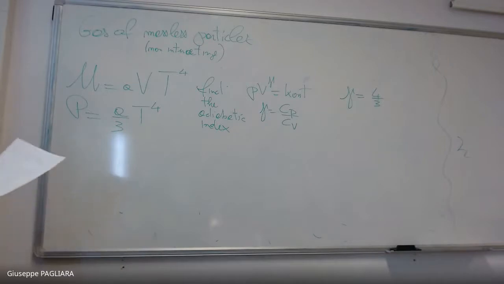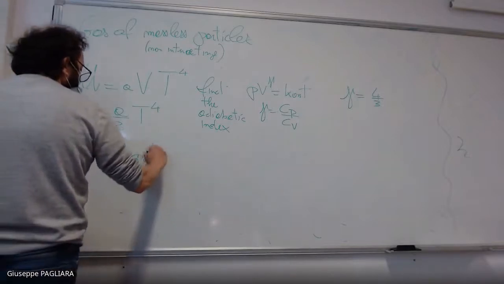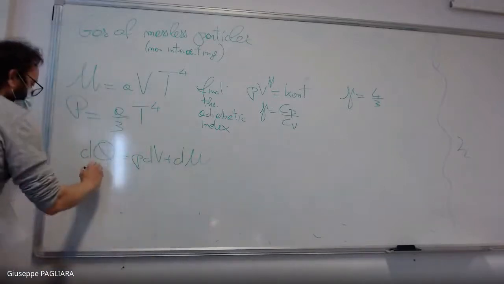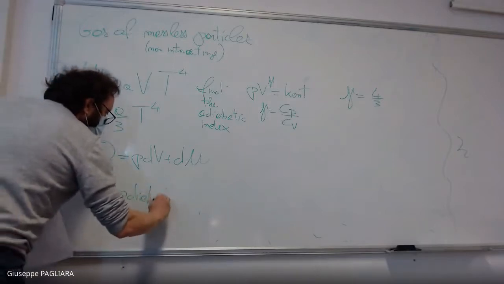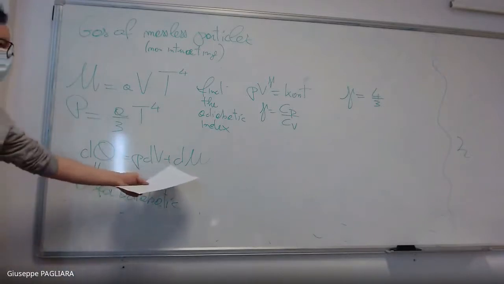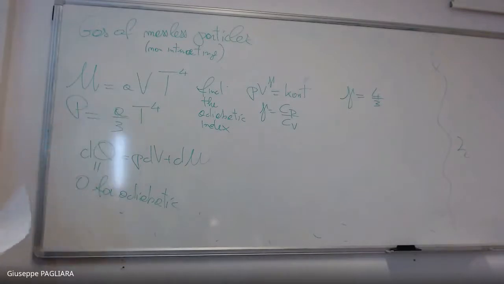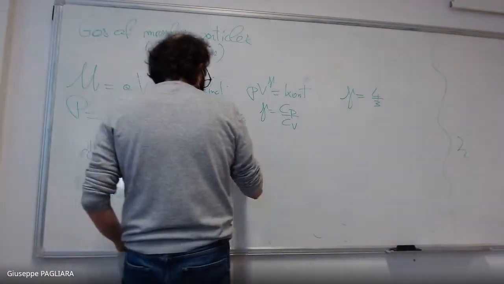And well, the way you do it could be the following. Just consider the first principle of thermodynamics. dQ is equal to PdV plus dU, and dQ is equal to 0 for adiabatic. Then you can write a relation between PdV and U by knowing that expression. So you can find the adiabatic index of this gas, and you can make a plot